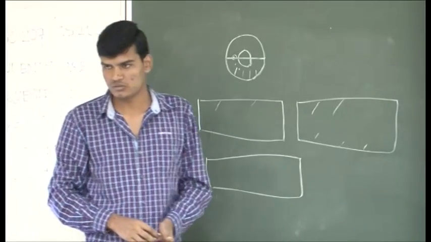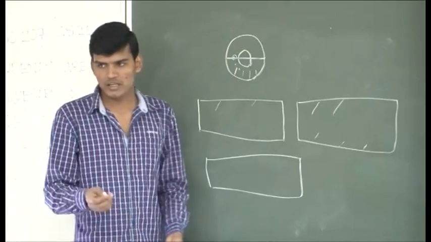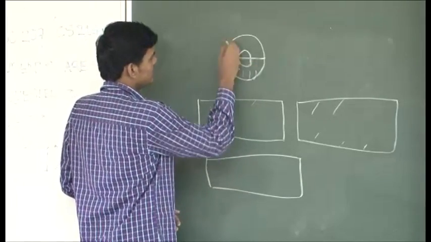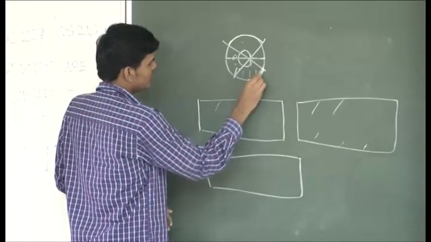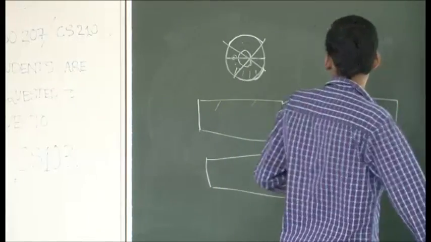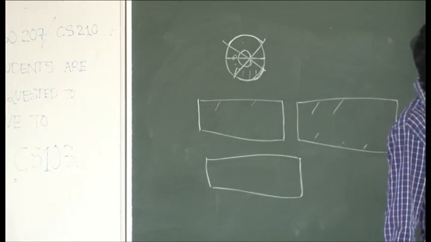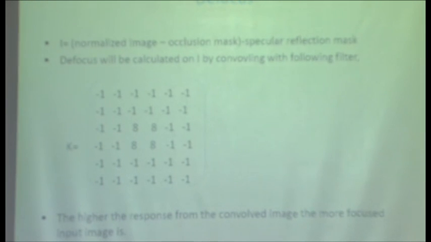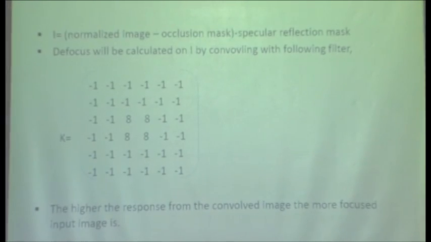For the rest, I mean the defocus, we can also consider simply this region and this region, ignoring others. If we do not want to depend on the occlusion mask and reflection mask, then we can go by considering only these two non-occluded sections. But since we have occlusion, then we can